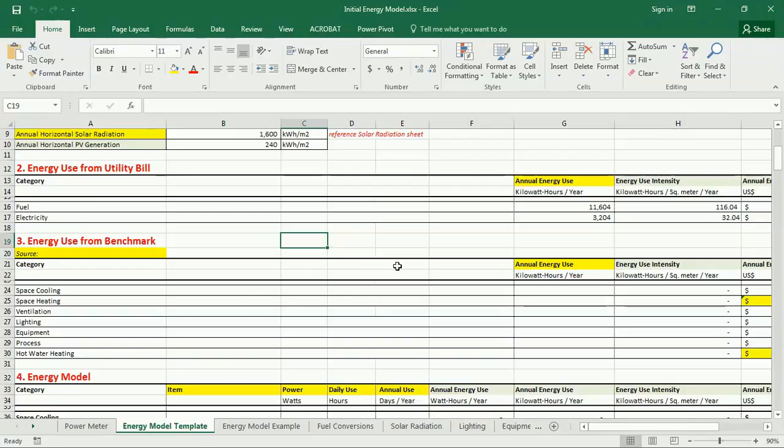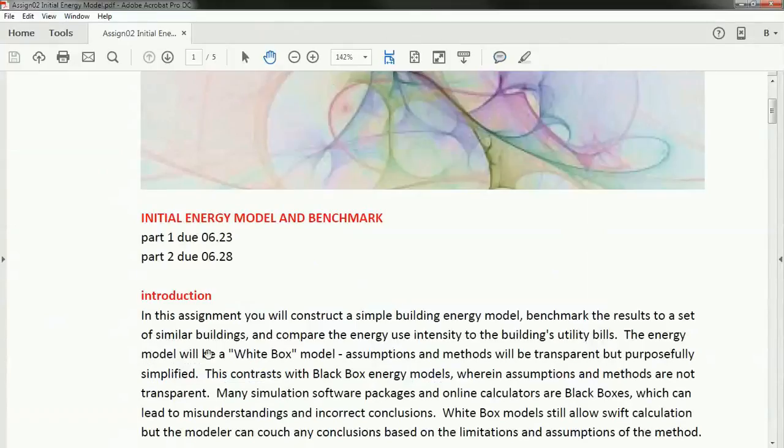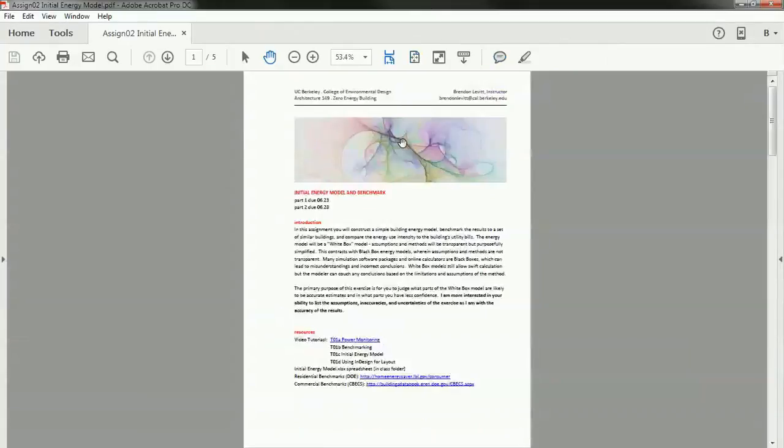I'm going to start first with commercial buildings, and then I'm going to talk about residential buildings. They're 2 kind of different types. You see in the assignment on the first page, I've got 2 links, one to residential benchmarks and one to commercial benchmarks. So let's first go to the commercial benchmarks. And let's see if this launches. This should take us to a building energy data book that was developed by the U.S. Department of Energy, there it is,